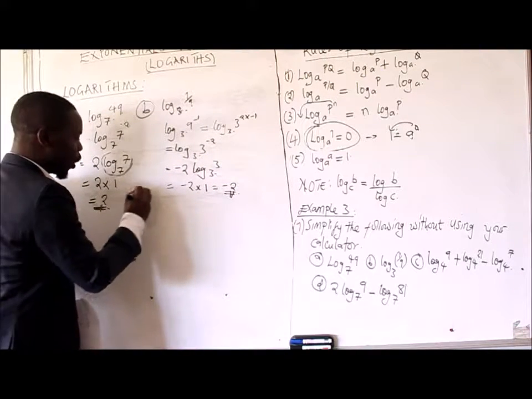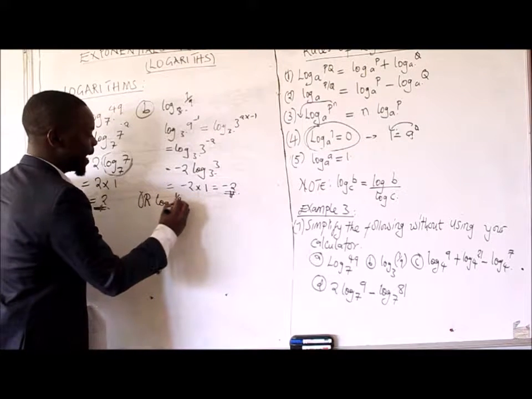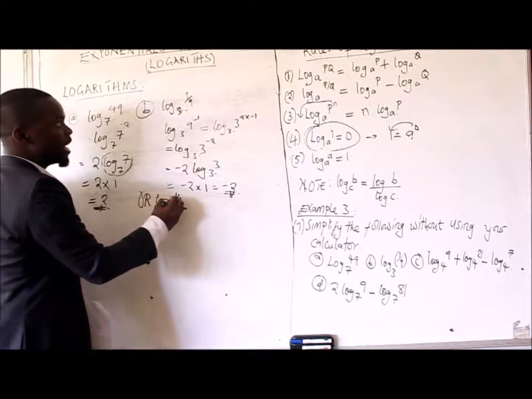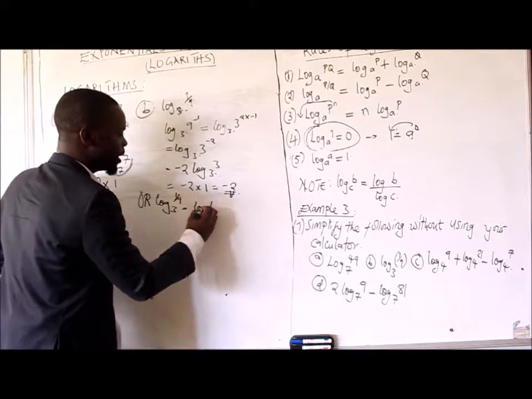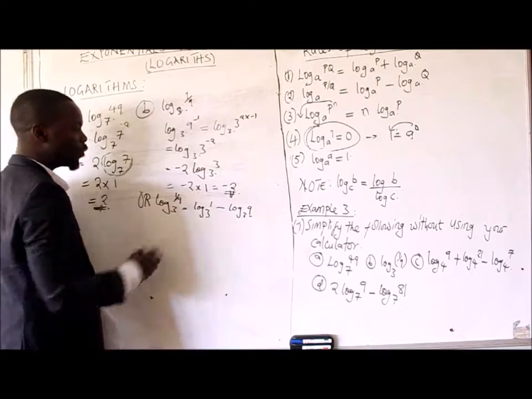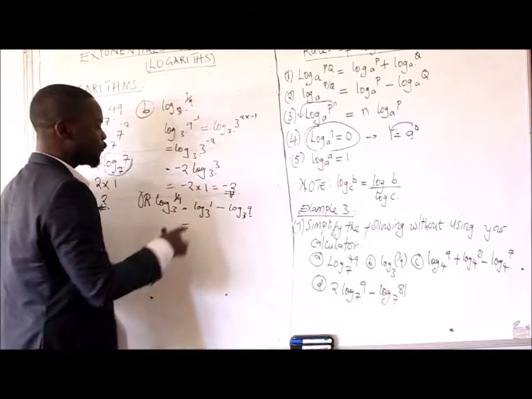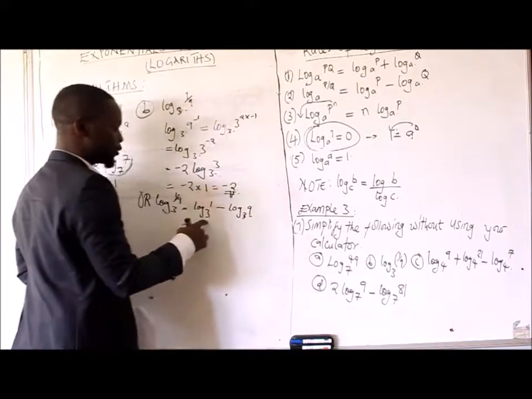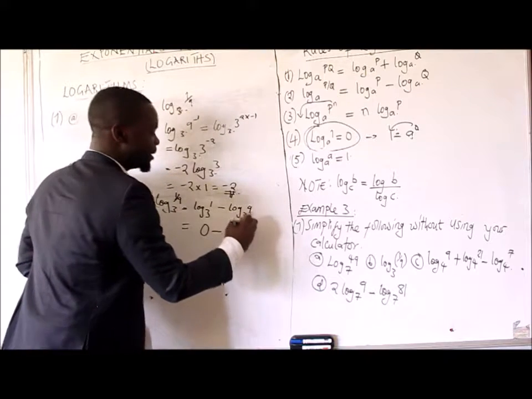If you want, you can say, since we have a log of 1 over 9 base 3, this is the same as, since we are dividing here, let's use rule 2. This is the same as log of 1 base 3 minus log of 9 base 3. According to rule 4, if you have log of 1 base a, where a is any number, in this case our a is 3, this is the same as 0. Minus log of 9 is the same as